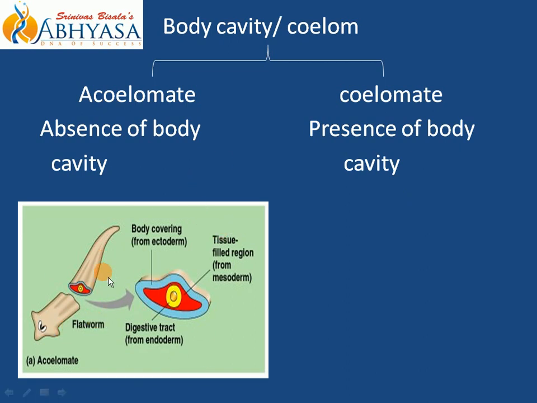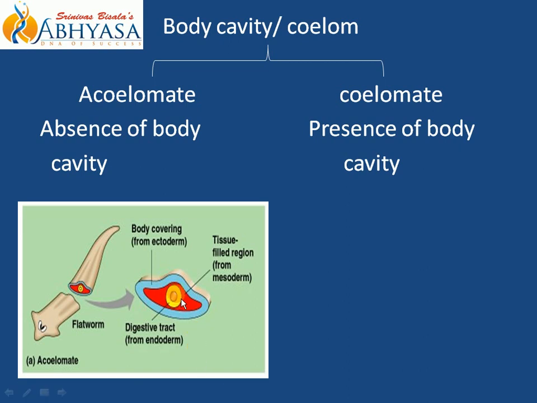This is the diagram of an organism belonging to phylum Platyhelminthes. Platyhelminthes is triploblastic in nature. But when you take the TS of this organism, you will not find any body cavity. See, this sky blue color is your body wall, which is made up of ectoderm, and this yellow color is your GI tract, which is made up of endoderm. Red color is your mesoderm. So no body cavity. This internal lumen you could see within the yellow.